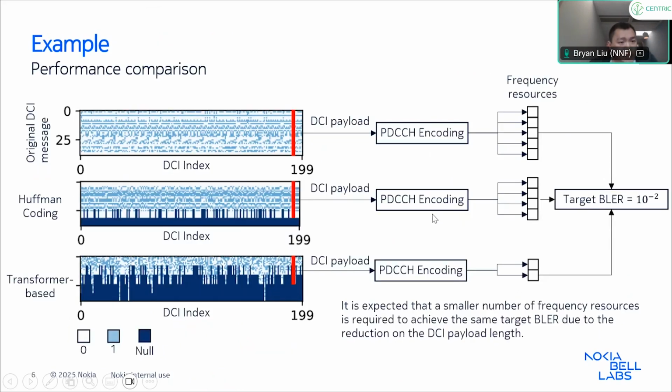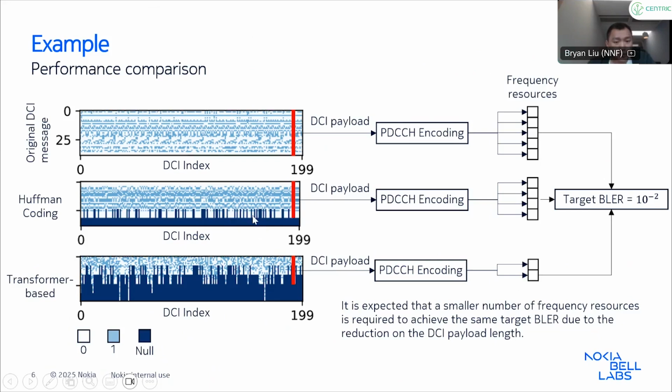Okay, so one example of the results of the transformer-based and Huffman coding, and this slide also shows our motivation again about why we want to compress these DCI messages. On the top of this slide, we can see our original DCI message, where the white dot refers to a bit of 0, and the light blue refers to the control bit of 1. And the star blue refers to the no-space. The more of these no-space, the better the compression